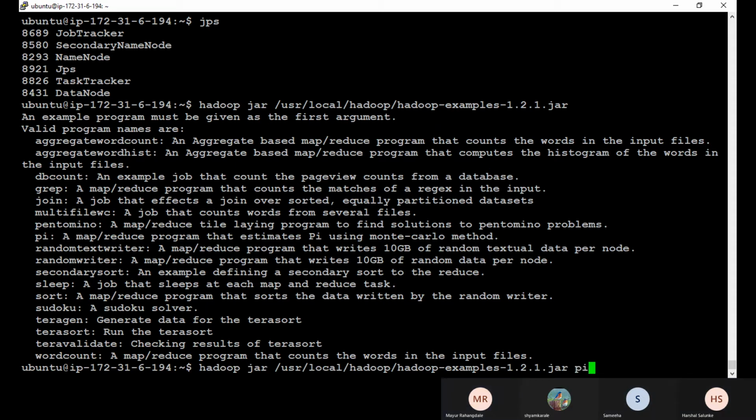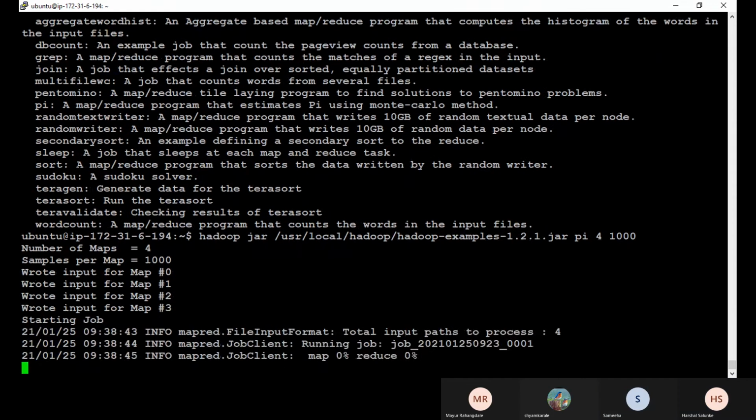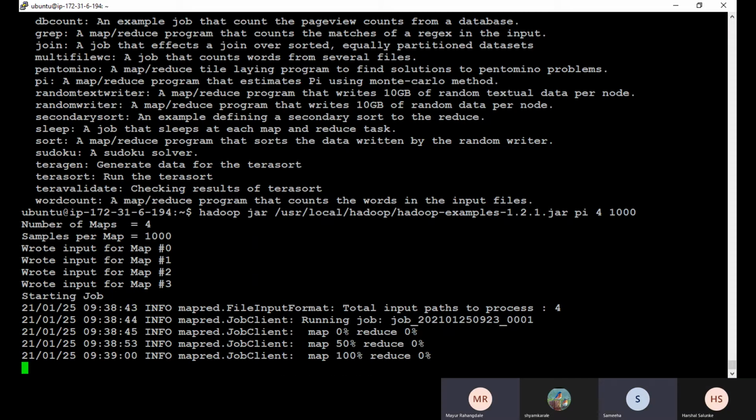Pi. And 1000? Yeah. Why are we giving these 4 and 1000? The number of maps is 4 and the number of samples is 1000. Those are two arguments.